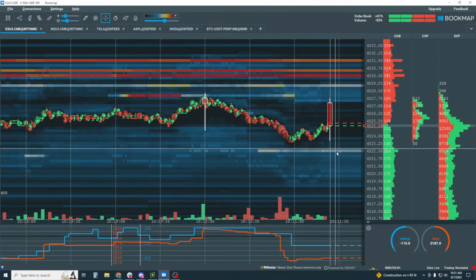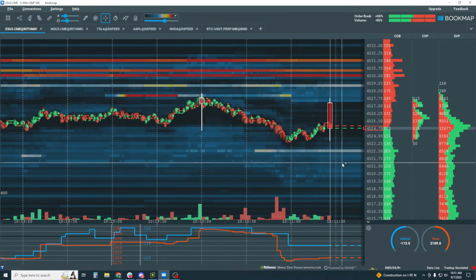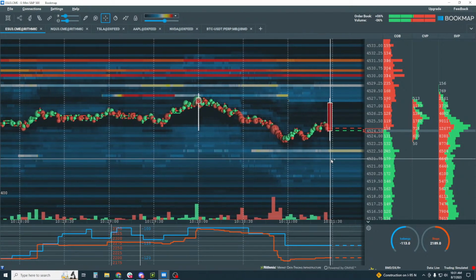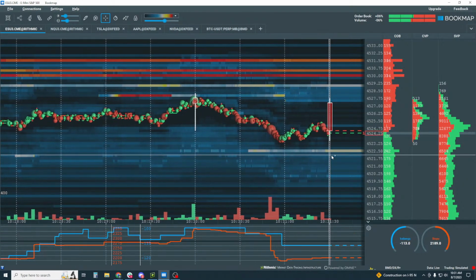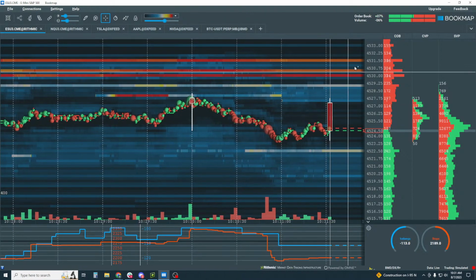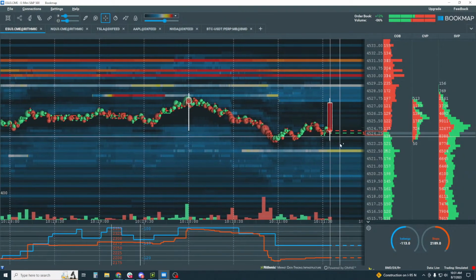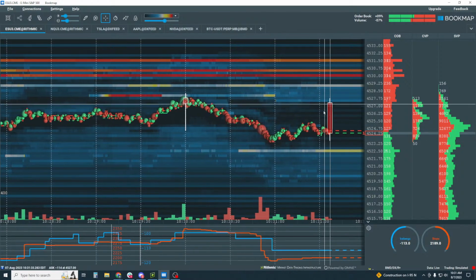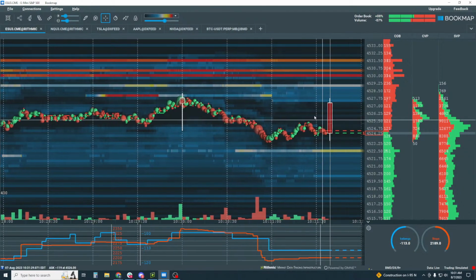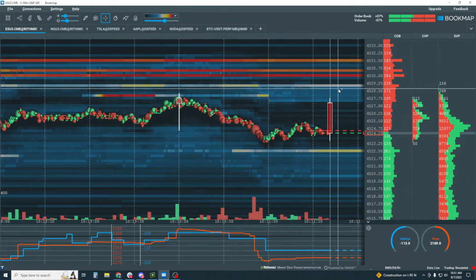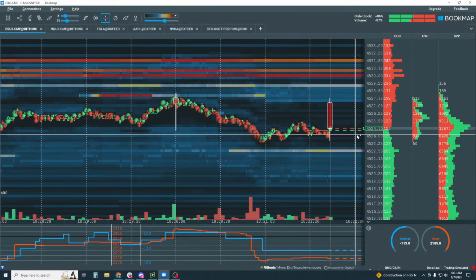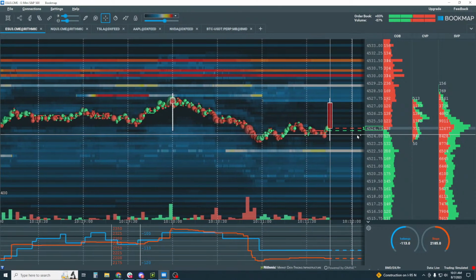There are people on the bid down here. How many buyers are down here, right? This is demand in economic terms. And this is supply up here, where they want to sell. In between, we're probably going to see it slosh around in here. We're going to see buyers take it up to here, sellers take it down from there, etc. This is the context we want to put together.